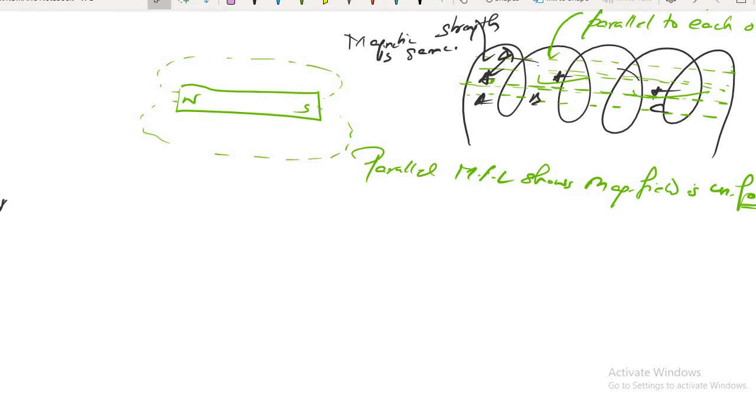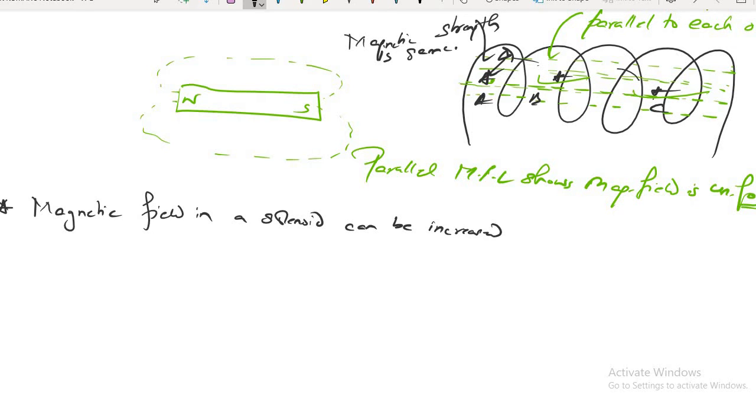Okay. Now, what else do you have to study in a solenoid? See here. The magnetic field in a solenoid can be increased. It may happen that inside the solenoid the magnetic field is less, and you want a much stronger magnet. What do you mean by magnetic field?